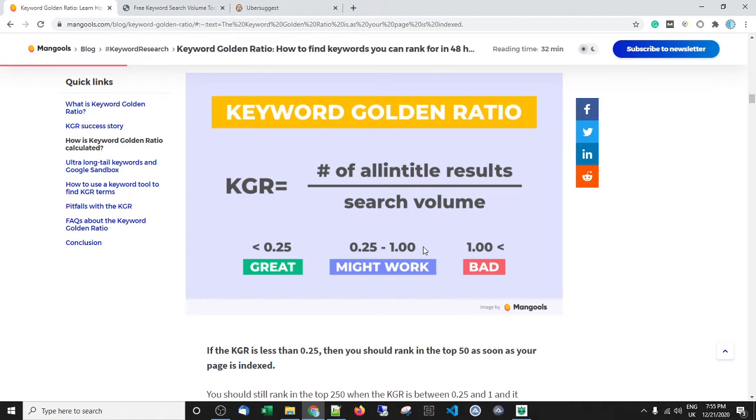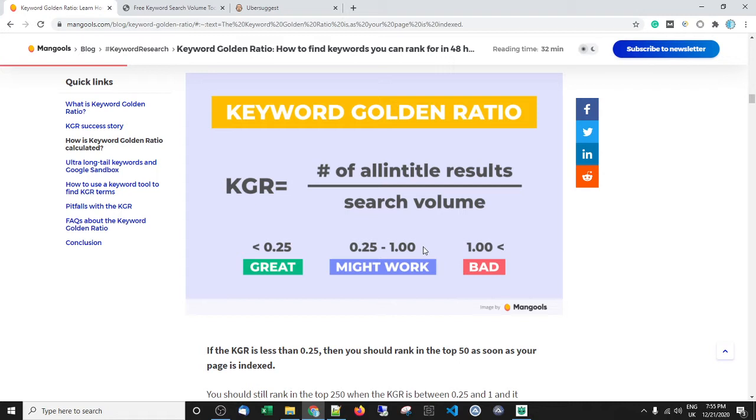Anything that's a 1 or under is a keyword that's a go, meaning that you could write an article, post a video, use a parasite site or maybe a Medium article, etc., and it will rank really, really well, because the competition for the keywords that it finds is low to none.